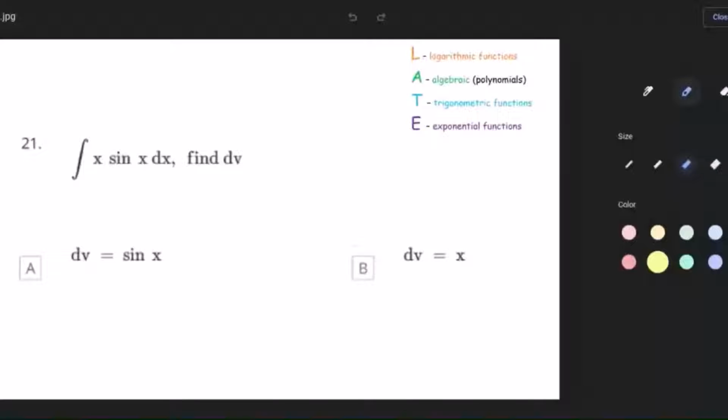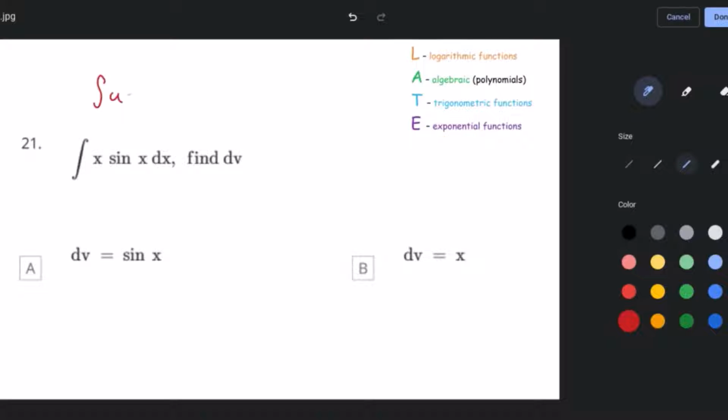The indefinite integral of x sine x dx. Find dv. First, we have to know the integration by parts rule, which is the indefinite integral of u dv. The u comes before dv, and the u depends on the ILATE rule. In this question, the u is x, because algebraic comes before trigonometric functions, and sine x dx is dv